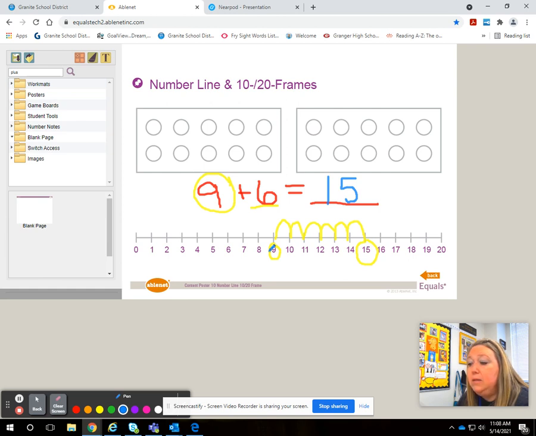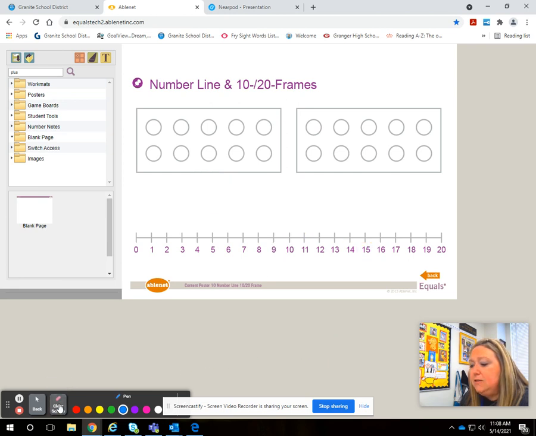Okay, between 0 and 20. So you might need to have a parent, a friend, a sibling, a grandparent, somebody help you to make a number line if that is the tool that you'd like to use. Okay, so if we don't want to use the number line, the other thing that we can use is actually